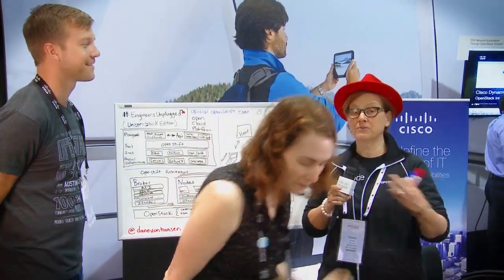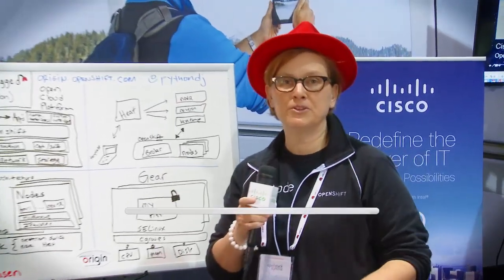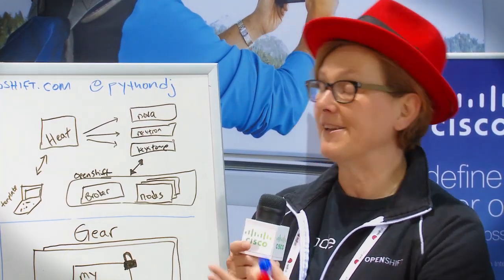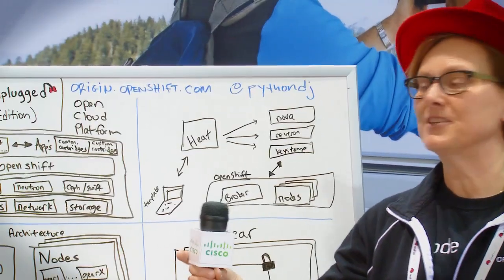All right, well, so we're thrilled to be here at OpenStack Summit with Daneyon Hansen, who's one of the contributors to the OpenShift projects. We're thrilled to have some amazing cross-community collaboration going on with Cisco on the OpenShift project, as well as some of the work that Daneyon's going to talk about, the work that he's done bringing in some Puppet modules and updating them to extend our load balancing support. So I'm going to hand it over to Daneyon right now and let him, my contributor of the month, explain a little bit about what he's doing.